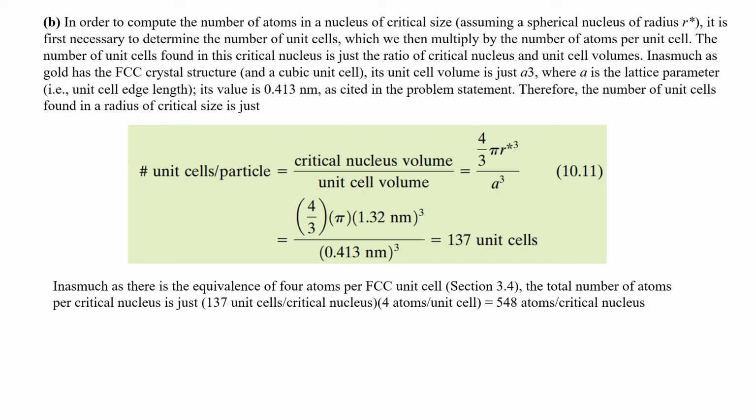And part B, in order to compute the number of atoms in a nucleus of critical size, assuming a spherical nucleus of radius r*, it is first necessary to determine the number of unit cells, which we then multiply by the number of atoms per unit cell. The number of unit cells found in this critical nucleus is just the ratio of the critical nucleus and unit cell volumes. For the gold FCC structure,